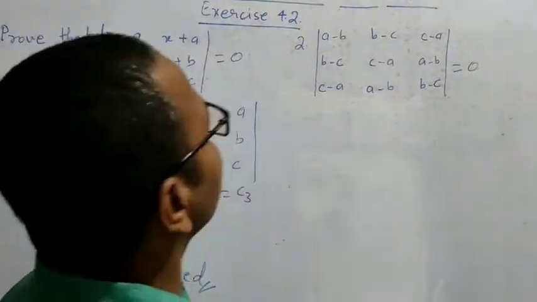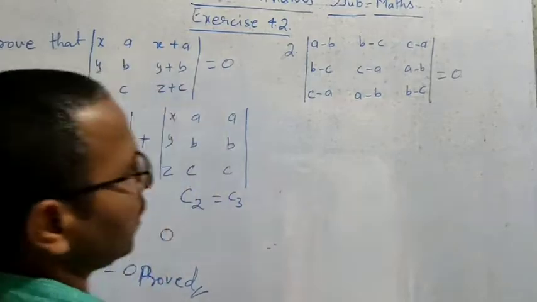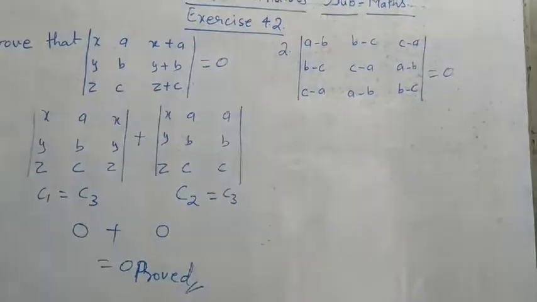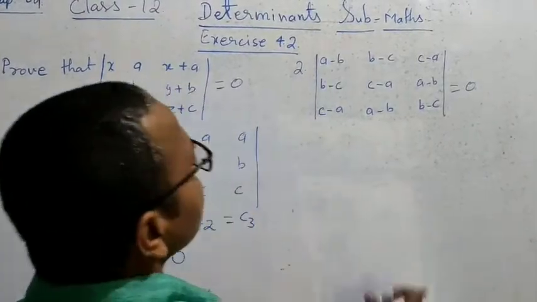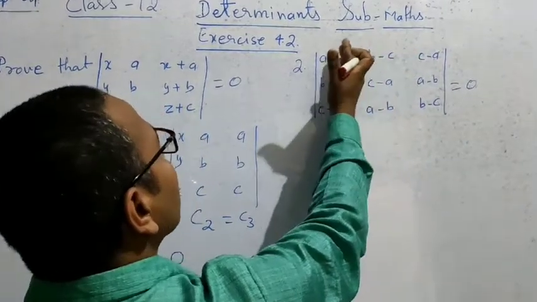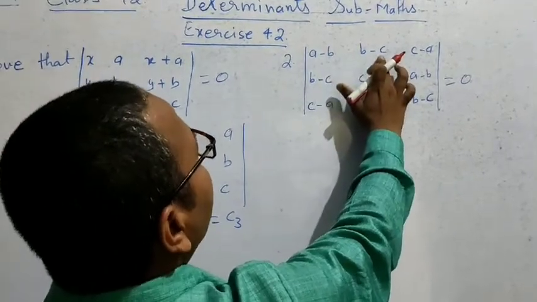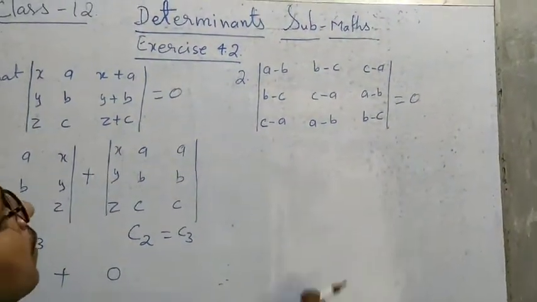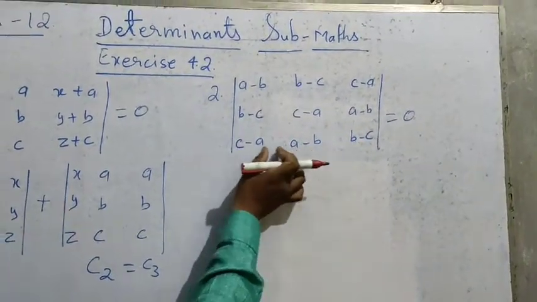So now let's see question number 2. Question number 2 is given here: a minus b, b minus c and c minus a. In this way, if we split it in the form of determinants, we will get two determinants. So what we will do is make it short. For making it short, students, we can edit these portions: add this column first here, so b and b can be removed. So what we will get is a minus c, and a minus c by adding with column third. In the same way, we can do addition here also.